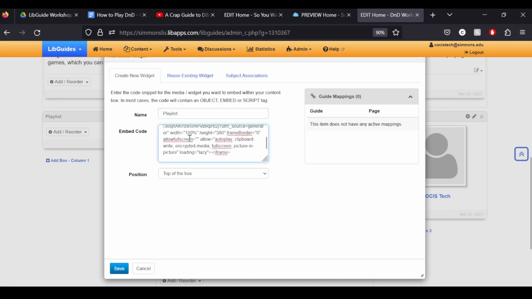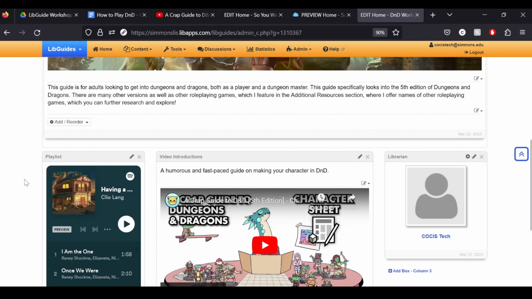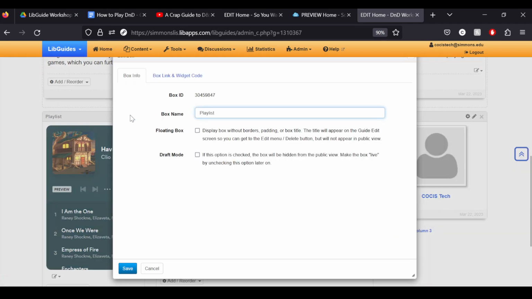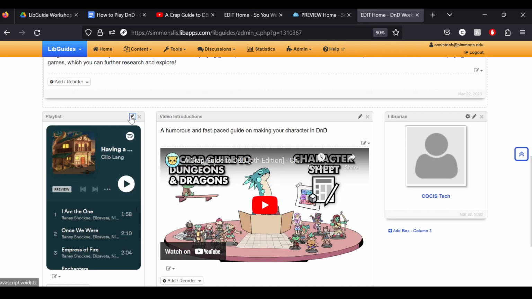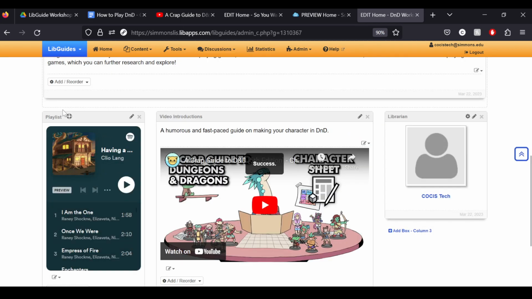Then put in my embed code. Again, you can edit width and height to make it a different size, but there you go. With this, I kind of don't want the box around it. So what if I want to get rid of the box? I'm going to click that little pencil icon, and then click display box without borders, padding, or box title. And so it will just have this symbol right here to indicate that it's not going to